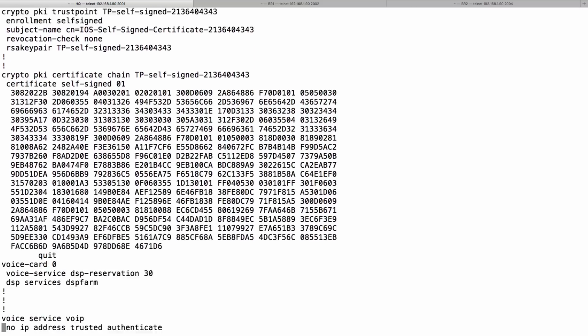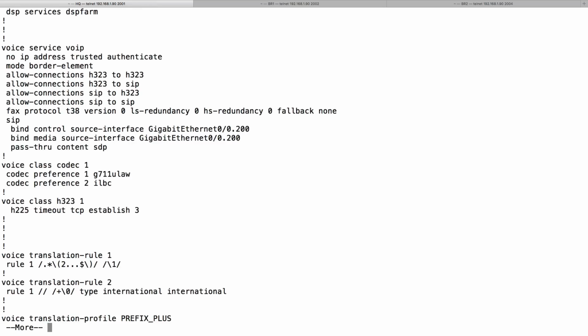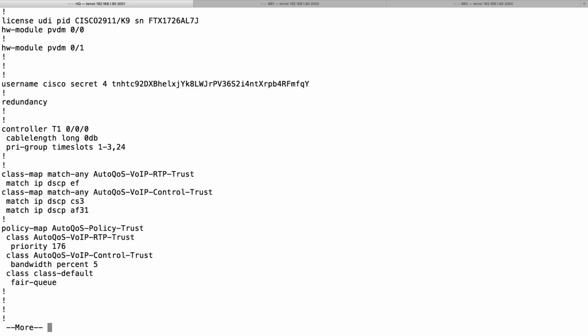Let's scroll down to the controller configuration mode, and I want to show you that I didn't set up a DS0 group because we're using ISDN. I set up a PRI group. I said PRI group, primary rate interface group, time slots. And here it says 1-3, 24. This means that I'm using the first 3 channels as part of this PRI group. Now the comma 24, the 24 has to be there because the 24th channel with an ISDN connection is our